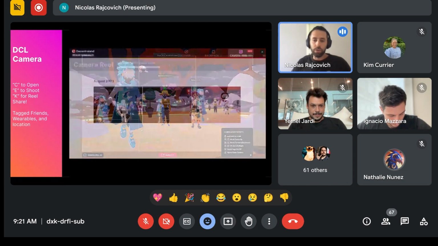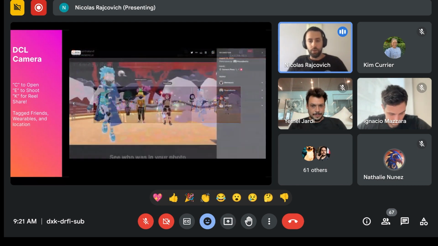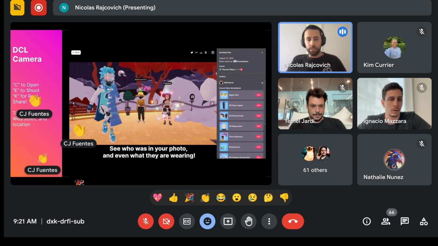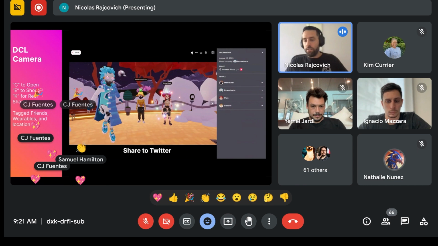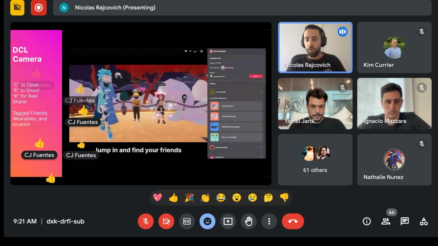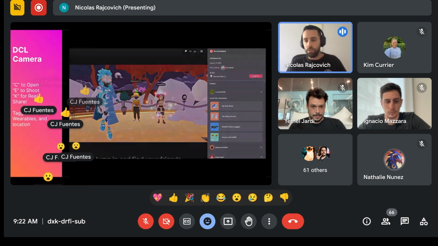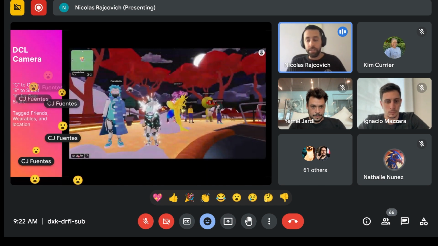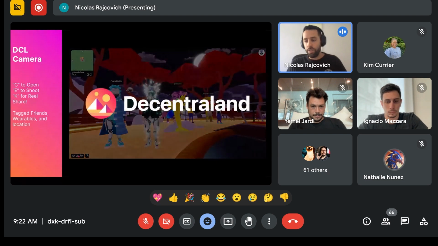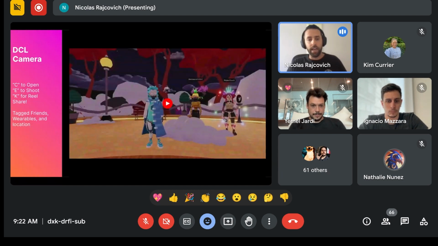So we are working on a tweak to hide the UI, so you can do more cinematics with this tool. This was a community request, or at least something that we saw many people were doing inside Decentraland using the operating system tools, just capturing the screen. So with this camera, we are acknowledging that and enhancing its capabilities.